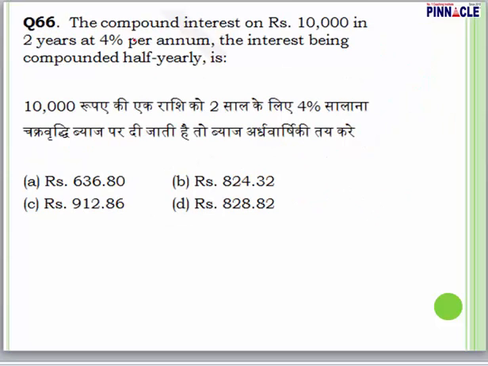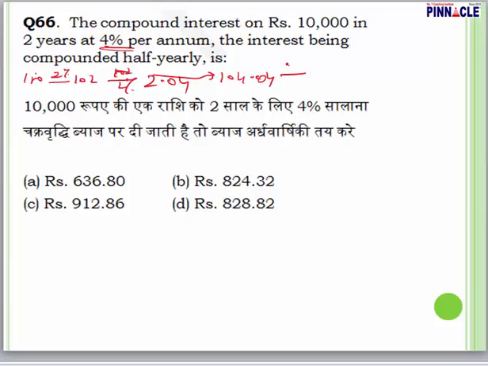Question number 66. Compound interest on rupees 10,000 in 2 years at 4% per annum, the interest being compounded half yearly, would be how much? 10,000 rupees, 2 years at 4% per annum, and compounded half yearly it would be equal to 2%. So you have to think in this direction. 100 rupees at the rate of 2% will be 102 in 6 months, then again 2%, next 2.0204 is the interest, then amount would be equal to